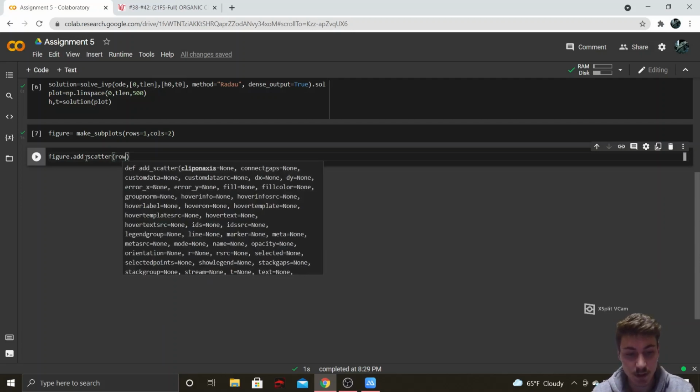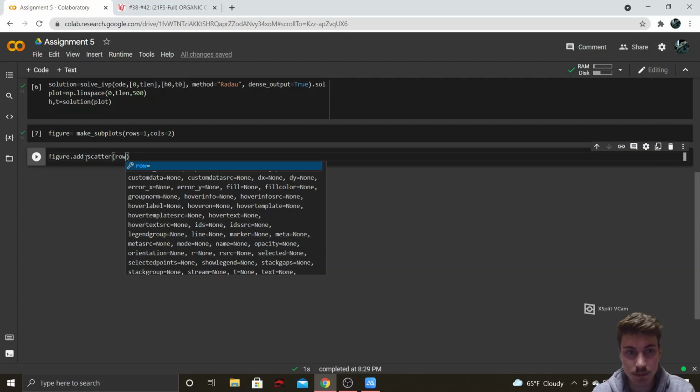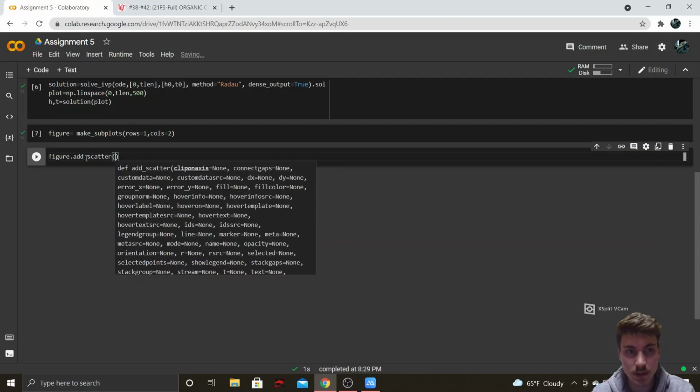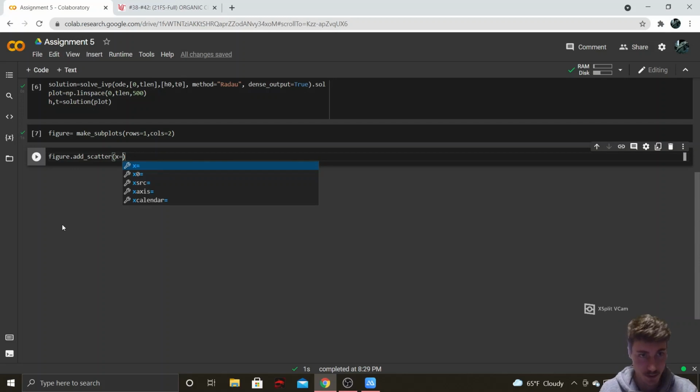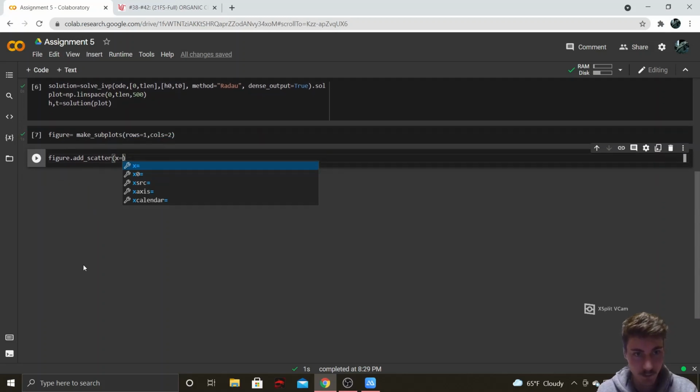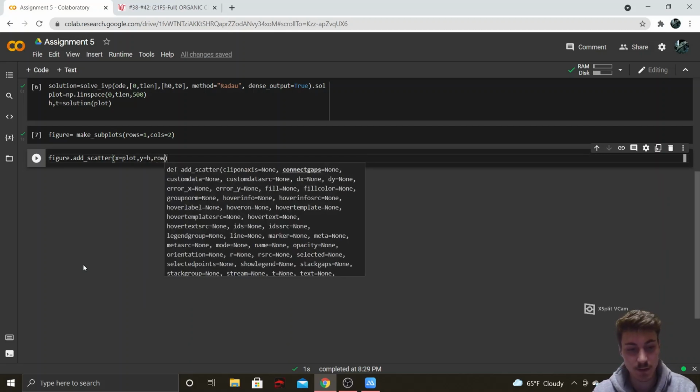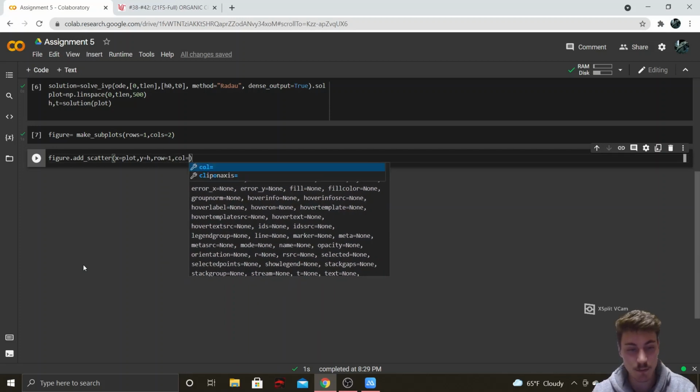We want it to be in row... No. Okay, so add scatter, and then our x is equal to our plot, our y in this one. So we're going to do height first, and then we want it to be in row 1, column 1,